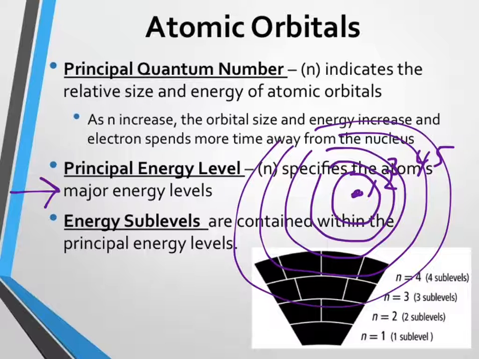Within these shells, we have different energy levels, or sublevels. Each one of these is a level, and inside each one of them is a sublevel. And those sublevels are further broken apart into orbitals. Yes? So the ones on the farthest shell will be in the excited state? They're going to have the most energy.